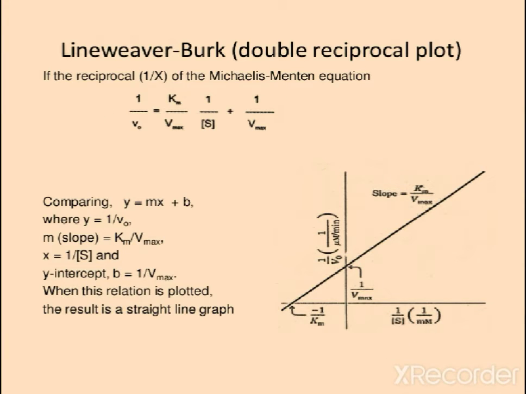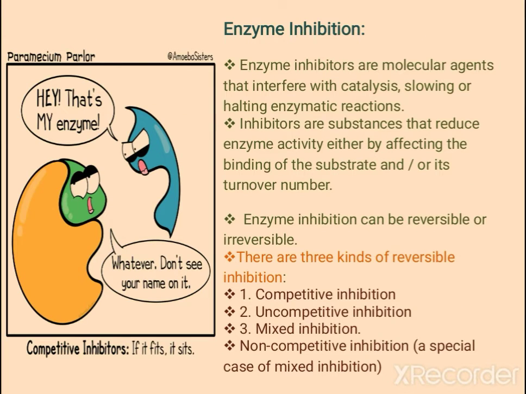Okay. So, next come to the main part, that is enzyme inhibition. By hearing the term, you can understand that inhibitors are molecular agents that inhibit the activity of enzyme. So, the enzyme inhibition can be reversible or irreversible. When it is reversible, that means the enzyme and the inhibitor are present in a non-covalent interaction. Non-covalent interaction is breakable, that is why this interaction is reversible.